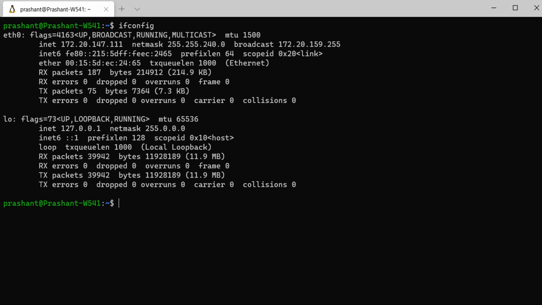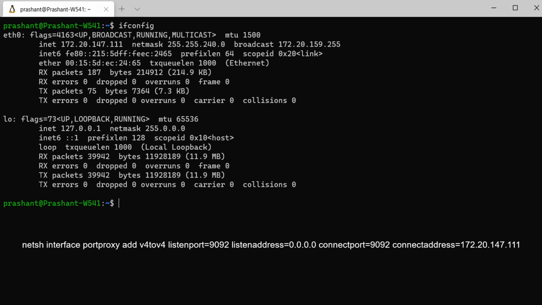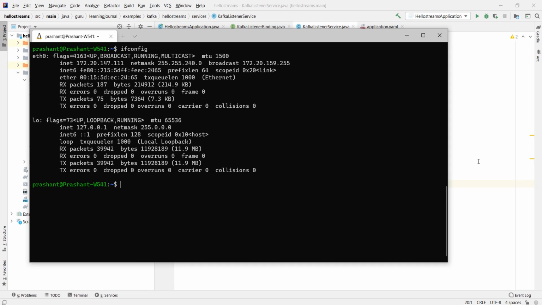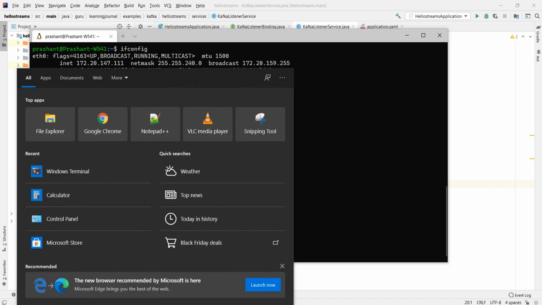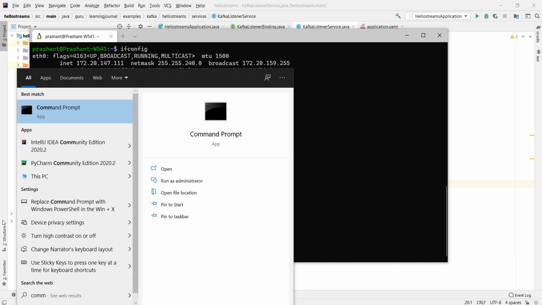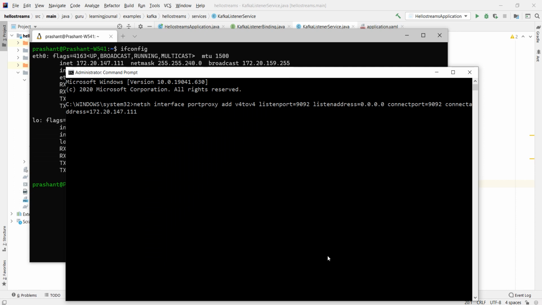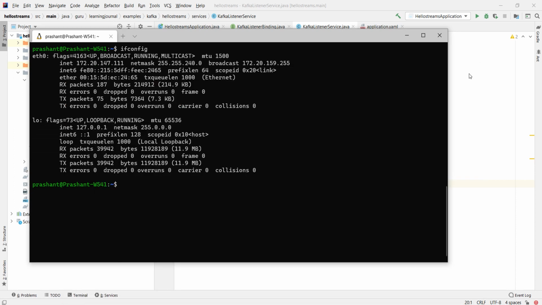So I configured it to listen to the localhost, and I'll set up a proxy between localhost and this IP address. Here is the command for setting up a proxy. Every time you restart your Windows machine, you should run this command with your VM's IP address. Let me run it. Start Windows Command Terminal as an administrator and run it. That's all, we are done. Now I can connect to my Kafka cluster using the localhost 9092. Why? Because localhost 9092 will redirect to my VM's IP.